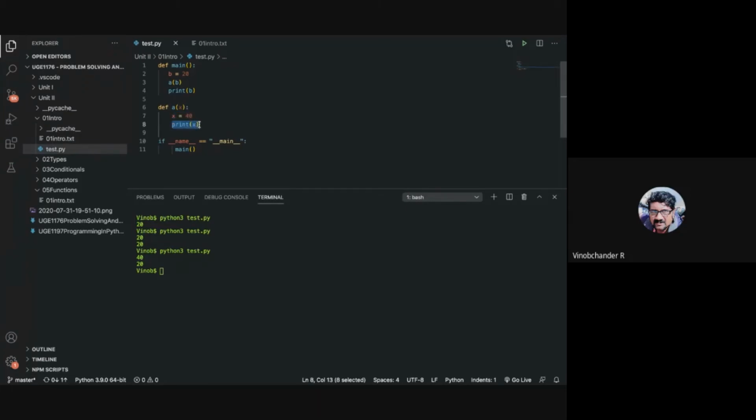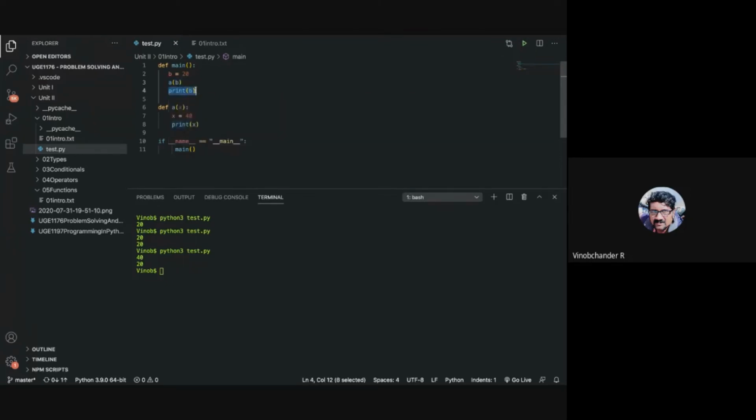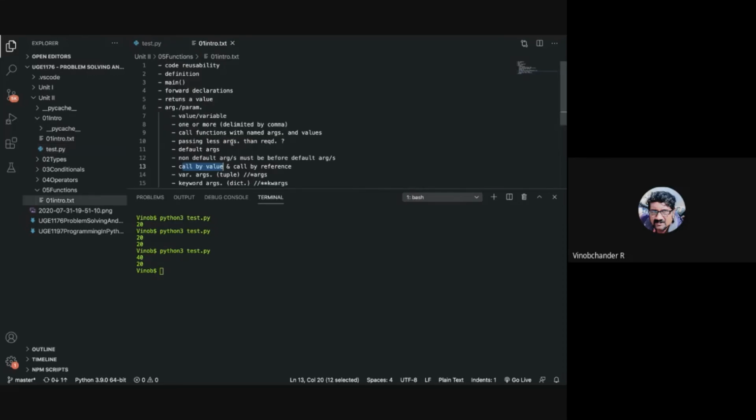After that, when the control returns back to this place, it executes the next statement and you print B. Now when you print B, 20 is printed and not 40. So that is call by value.